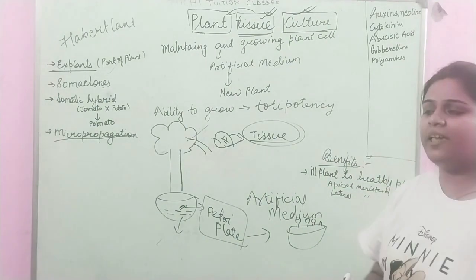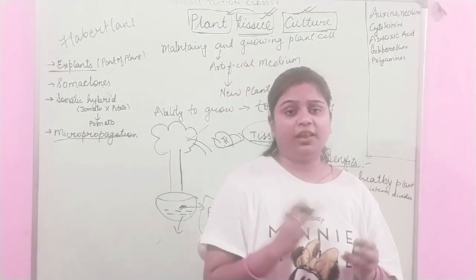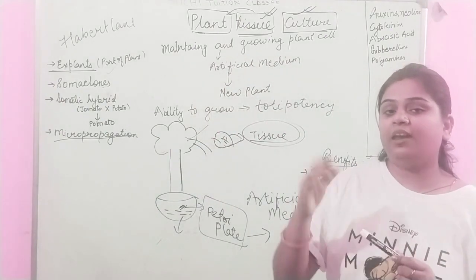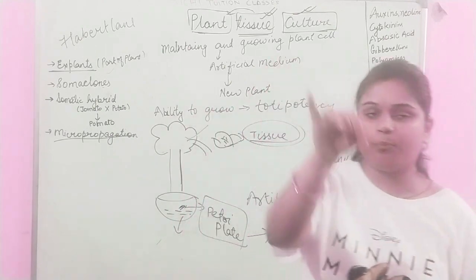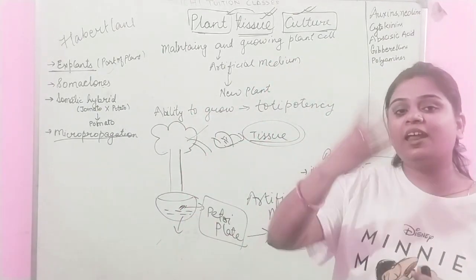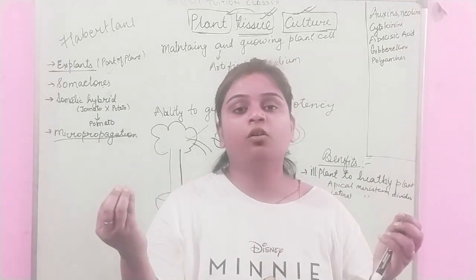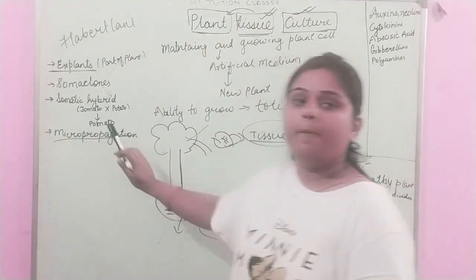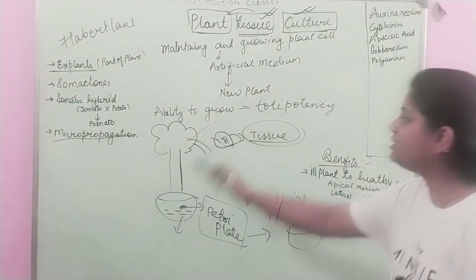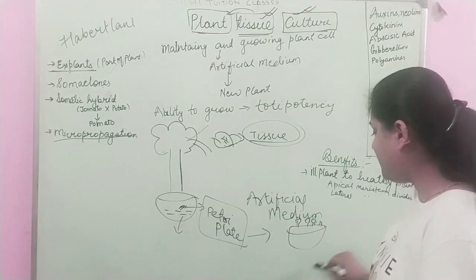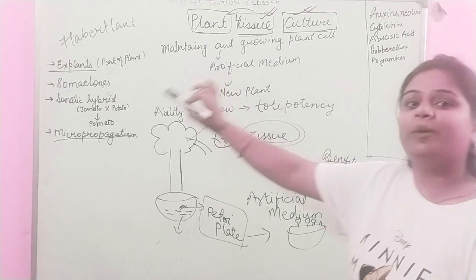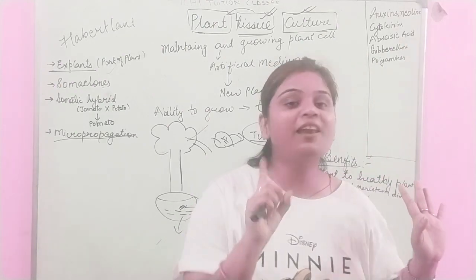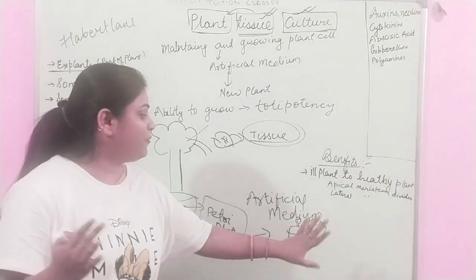And what we are doing is, we have taken many bottles in the lab, and in those bottles we have given the medium and put the explant, and that explant grows into many plants. That growing of many plants is called micropropagation. So this new plant, which is produced in the lab, is ready to be cultivated in the soil. The benefit is that we have taken one explant, and from that one explant we have grown